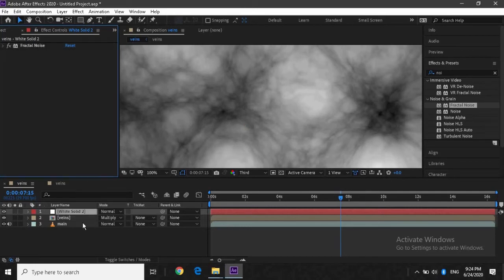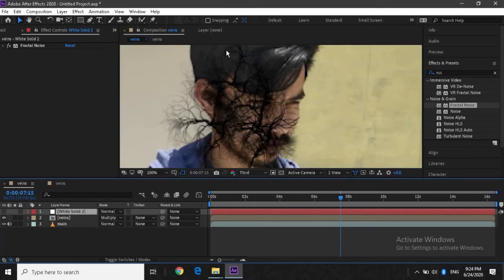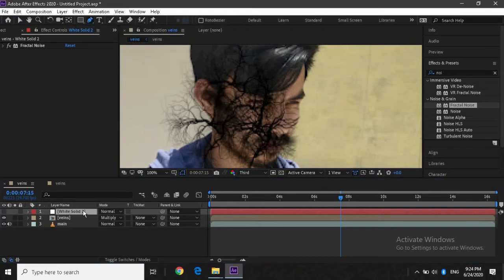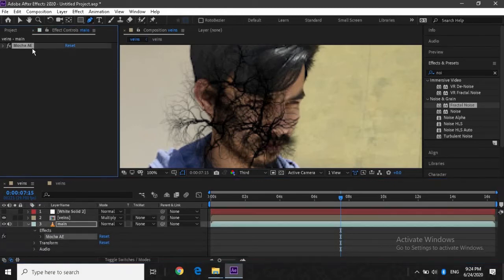Now go over here and unhide it, and create a mask. Actually, don't create a mask. For this I almost forgot, go to Mocha and go to matte properties and create AE masks.